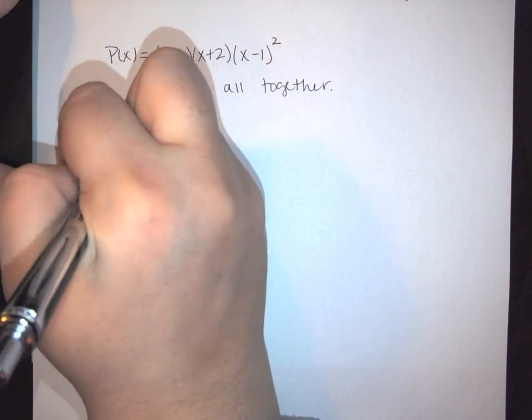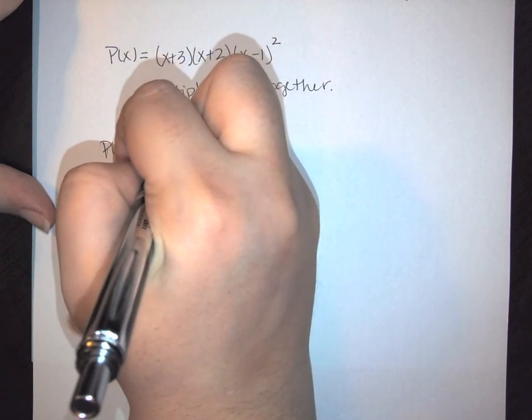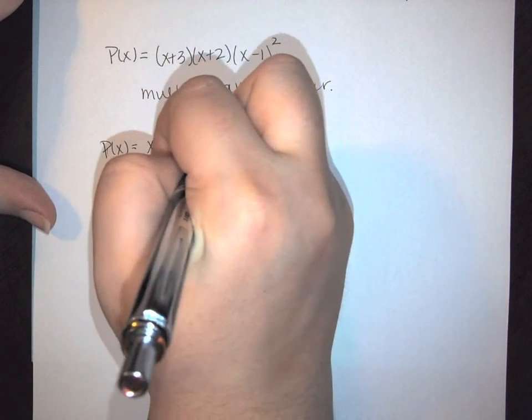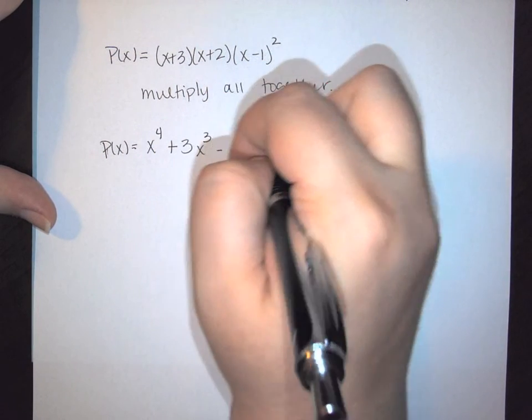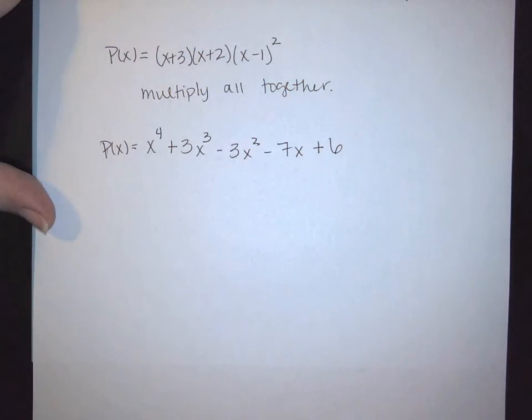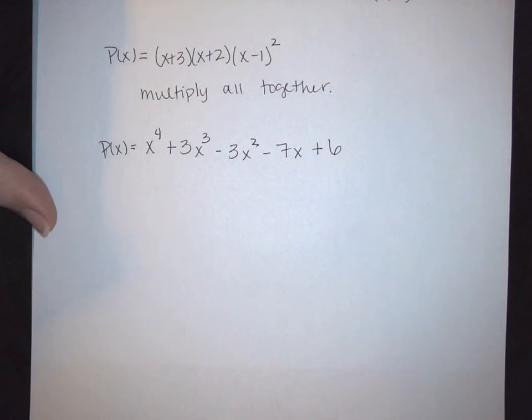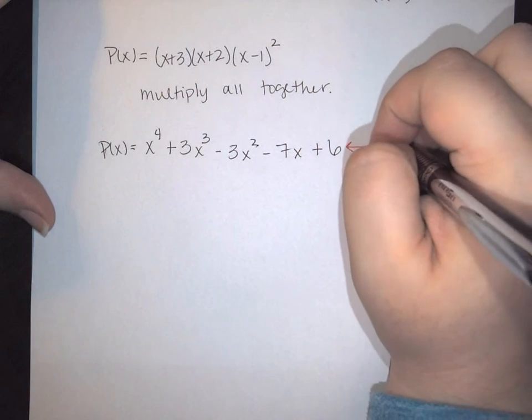Here we find your polynomial to be x to the 4th plus 3x cubed minus 3x squared minus 7x plus 6. Now, if we look, 6 right here is my y-intercept,